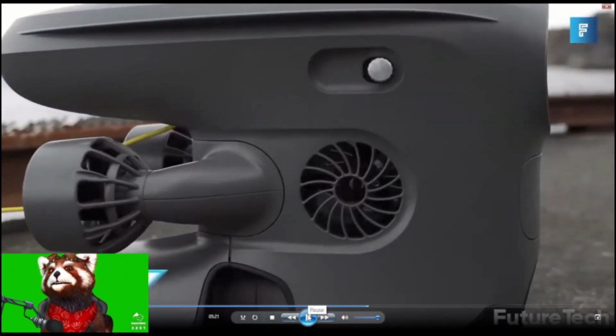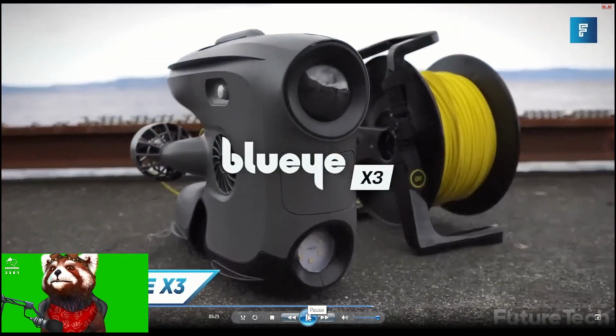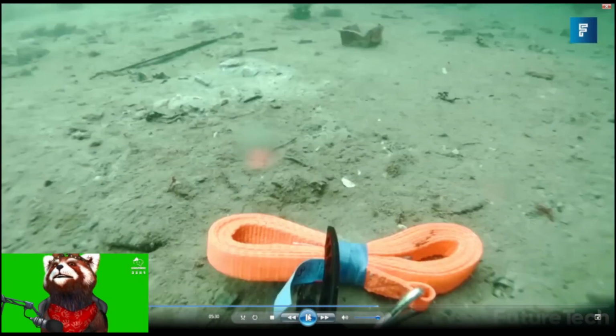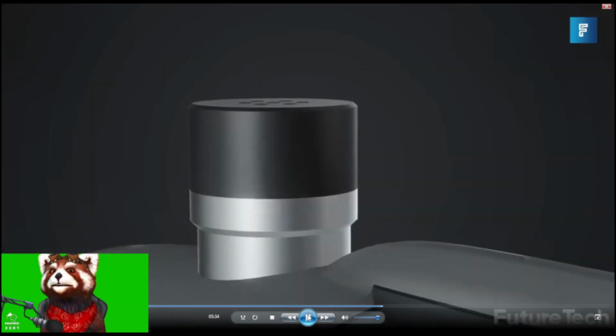Blue Eye X3. Dang, does this bad boy dive deep. Deeper than your ex's issues. I'm talking about the Blue Eye X3, the underwater remotely operated vehicle. It's got a range of up to 1,000 feet and an HD